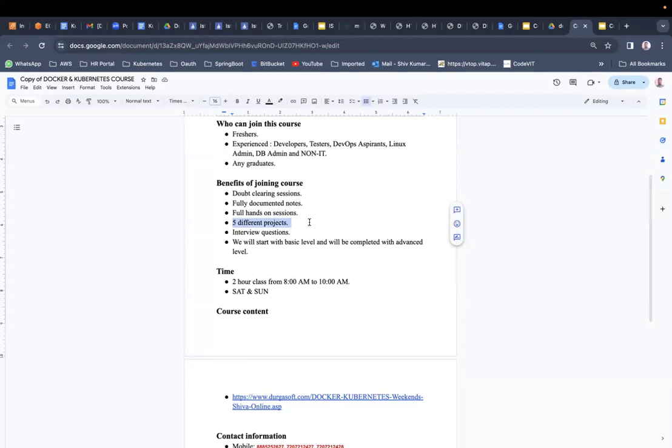Okay, one project with Helm, one project directly with the Kubernetes resources, another project with Argo CD, and another project with the Kubernetes dashboard and related things. Actually, if time is possible, I'll also include Istio as a service mesh, but let's see what happens in the future. Actually, now you are going to get the interview questions which are required for cracking the interview, and